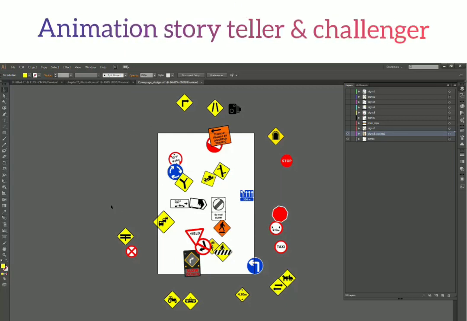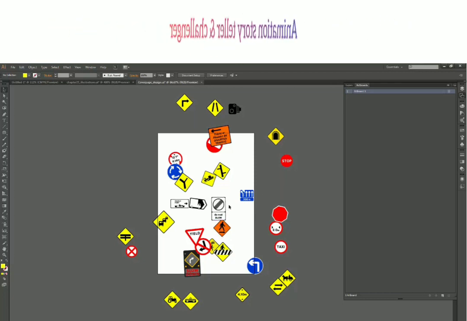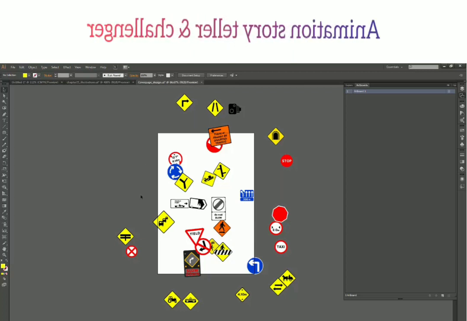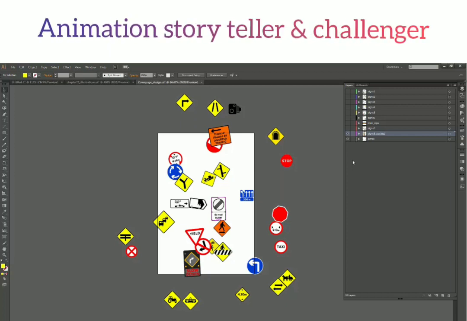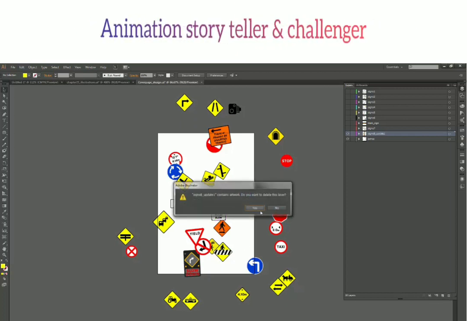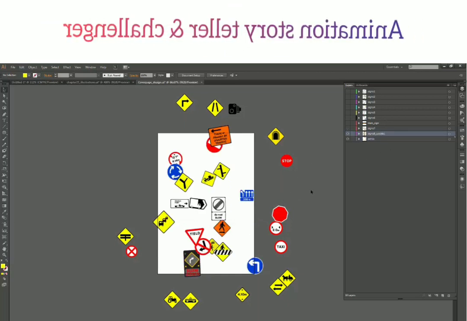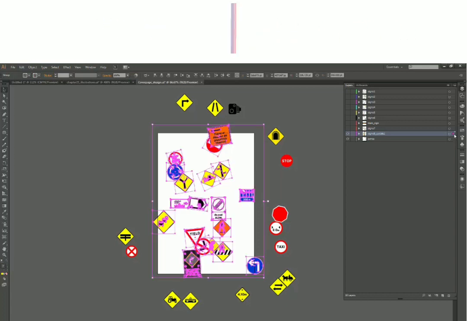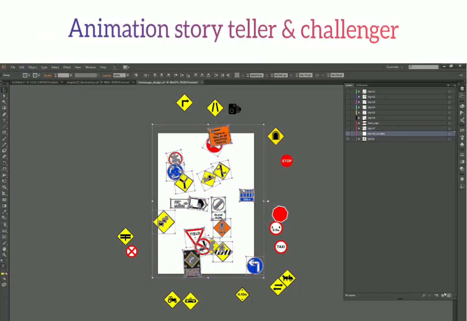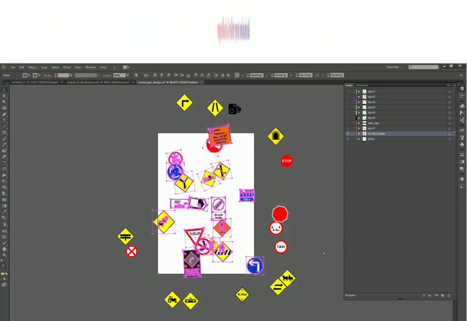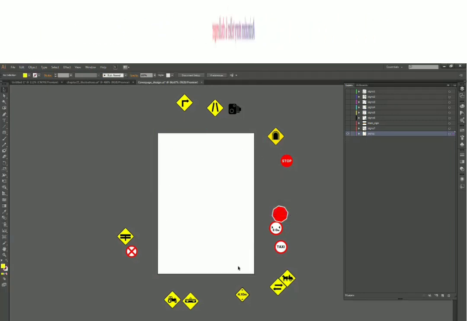Unlike an artboard, where if I have something on my artboard and I delete that artboard, it will preserve my data. But in layers, if you have something stored and you delete that layer, then it will delete all the data inside that layer. So if I press yes, then I have all those signs deleted. So if you are actually going to delete some layer, it is a good idea to use this option first: move all your shapes from one layer to another and then delete an empty layer. But if you actually want to delete the shapes along with the layer, then just press this icon and you have your shapes and layer deleted.